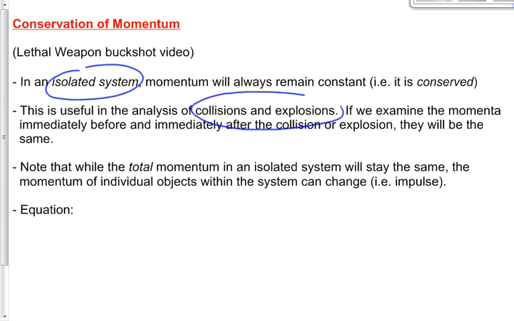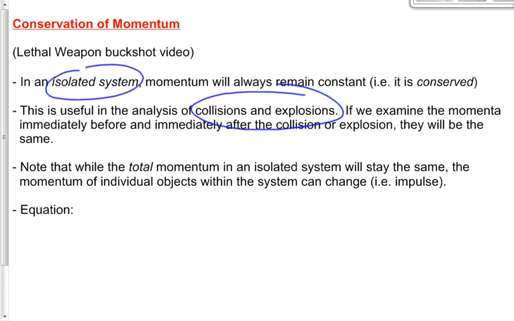What do we mean by an interaction? Well, it's a collision or an explosion. Yesterday we did an example where we had a collision. Two objects collide with each other, hit each other. We can use the law of conservation of momentum. An object explodes. A bomb explodes into a bunch of pieces going everywhere. A gun is fired. The bullet goes one way, the gun goes the other way. A collision or explosion is an interaction in which we can use the law of conservation of momentum as long as there are no external forces.